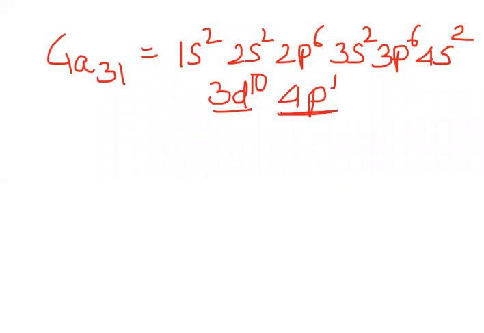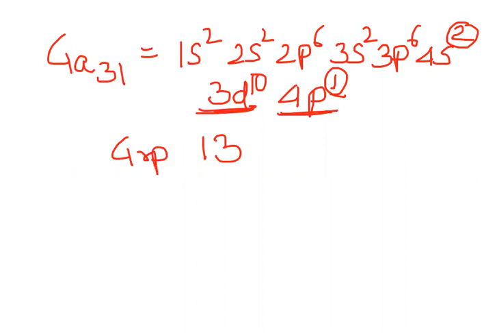So should the number of valence electrons be taken as 1? No. Why? Because if it is 4p1, then it is actually the valence shell which is now being filled up, and the n-1 d subshells have already been filled up. So the total number of these electrons will give its group number. The group number is 3 plus the 10 electrons that have filled up the d orbitals. That is why its group number is 13. For gallium, atomic number 31, its group number is 13.